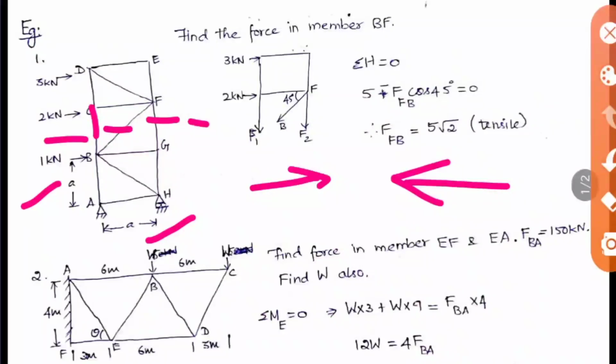Okay. So how to check whether a member is tensile or compression? When you take the first step, you may wonder why I have drawn the force downward like this, here also downward. You can draw it like this also, that is no problem. Here I have taken it like this and the answer I have got is positive. It means that the symbol which we have taken is correct.